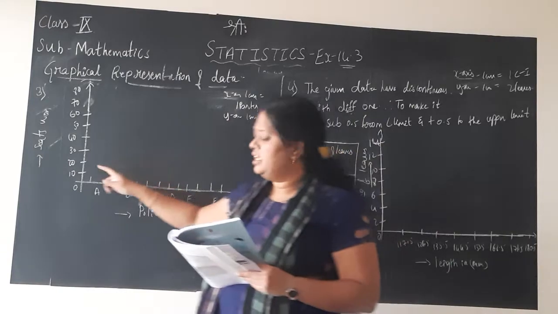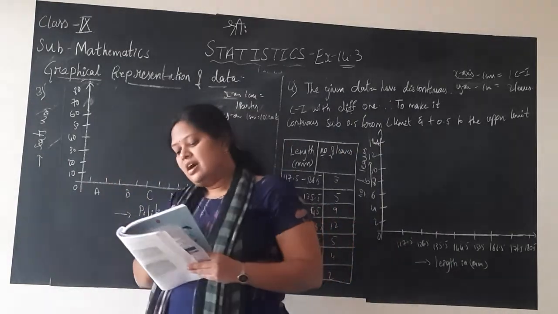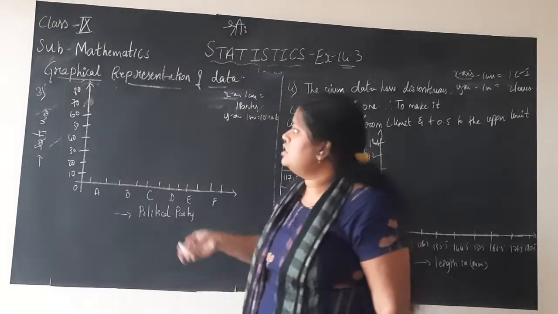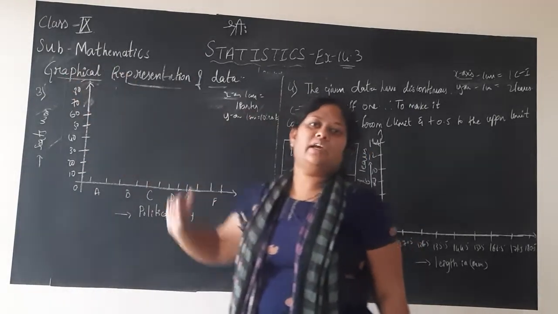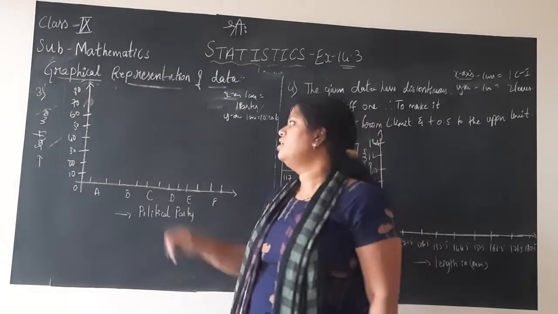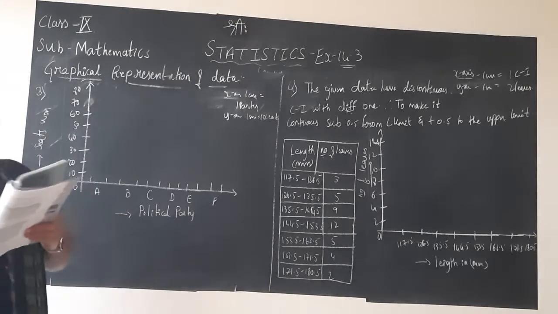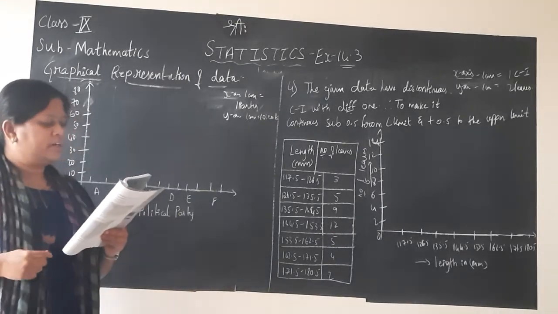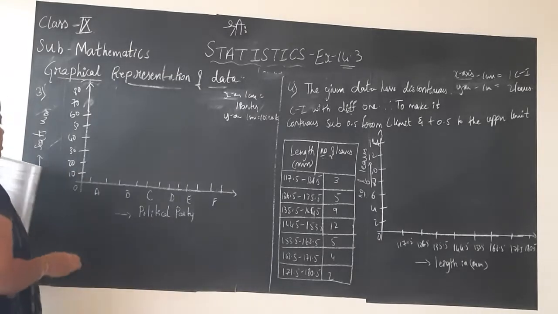Y-axis, 1 centimeter is what? Look here, the least number of seats is 10 and the highest is 75, children. That is the reason I have chosen 10, 20, 30, 40, 50, 60, 70, 80. Up to 80 I have chosen since the highest is 75. Plotting is very simple. They have asked us to draw a bar graph to represent the polling result, and to say which political party has won the maximum number of seats.